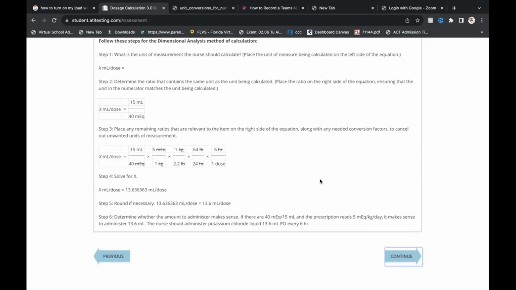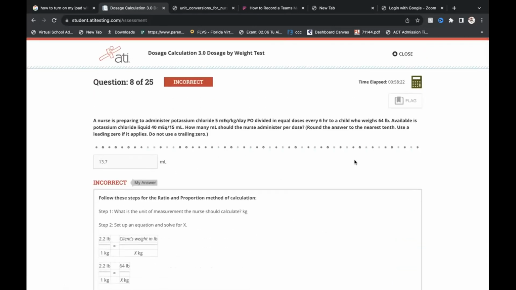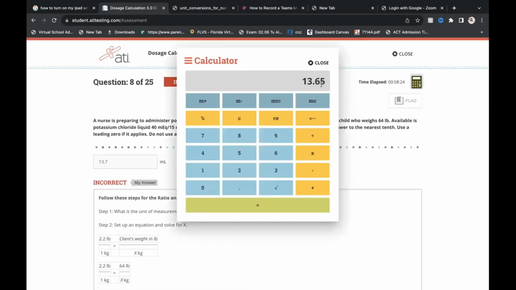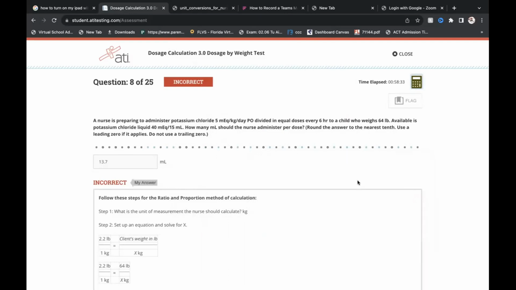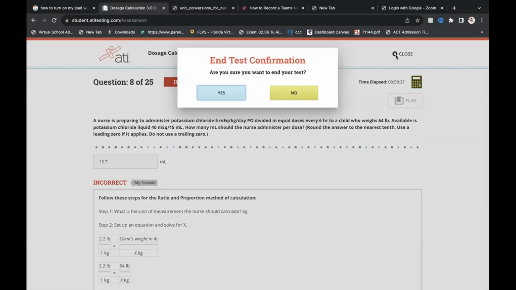Oh, they went with 13.6. Oh, wow. I went with 13.7, but yes, same diff, same format. All right, so now I'm gonna do